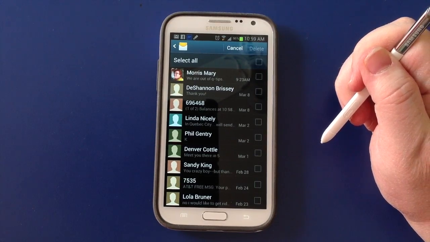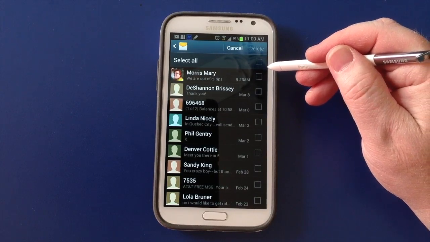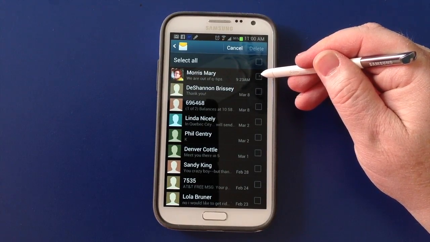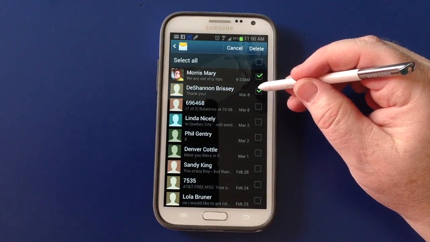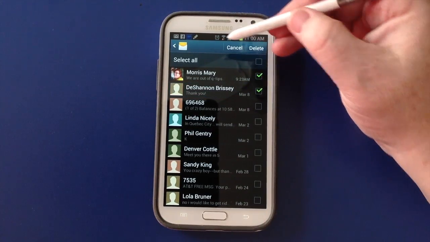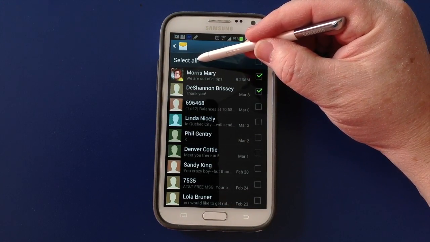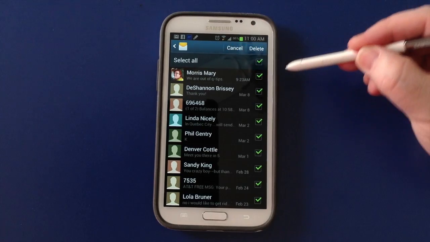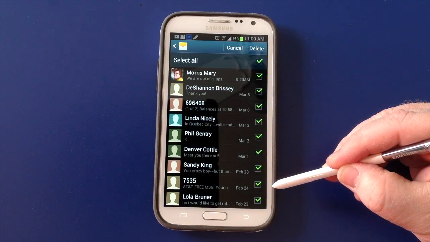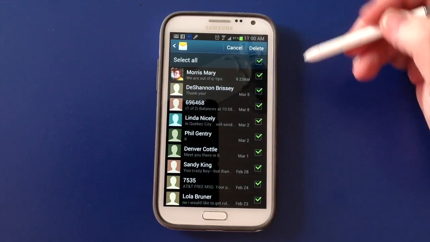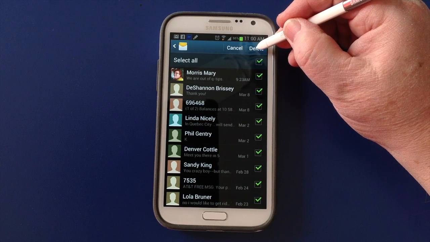You have a couple of ways of getting rid of threads. Now, you can select them individually by checking the boxes like that, or over here you have the word select all, and if you tap that, that automatically checks all of these boxes. And if you want to delete all of these messages, you simply hit the word delete,